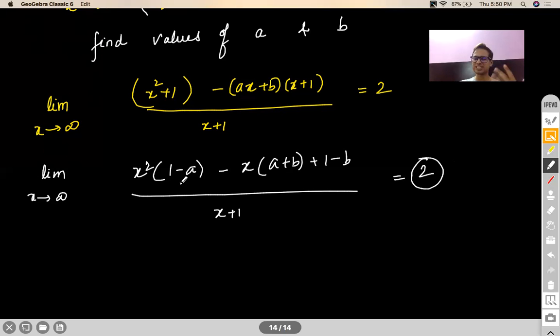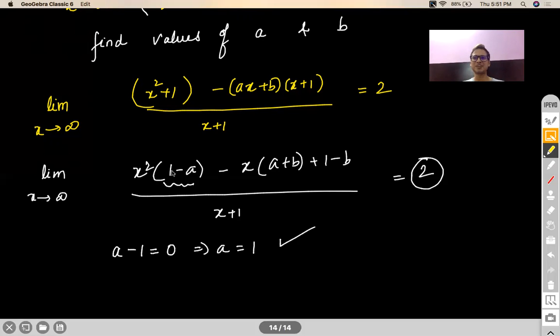So this is like an eyewash. It is trying to confuse you. So actually speaking, this is not a quadratic. So this term should have been a 0 term. So your a value should have been 1. That most of you have given me. Absolutely correct, no doubt about it. Does anybody need a justification again why a has to be 1? If a is not equal to 1, your numerator would be quadratic, denominator would be linear, and overall your answer would either be infinity or minus infinity, which is not the case. The answer is actually 2. So it is only appearing to be a quadratic, but it is not.